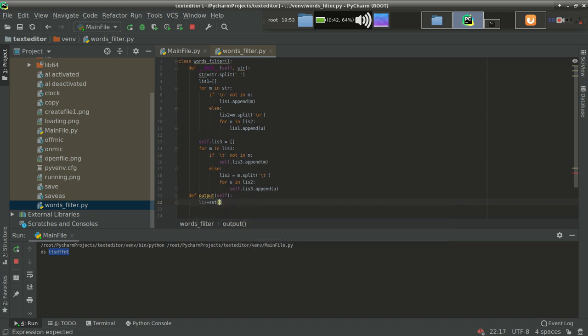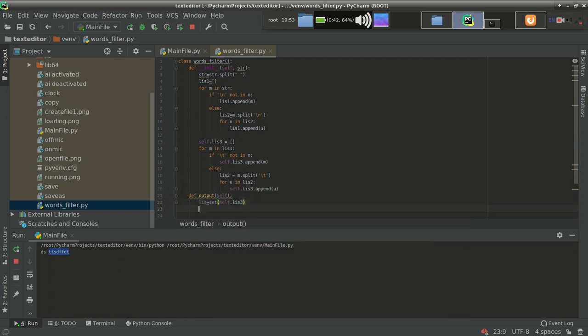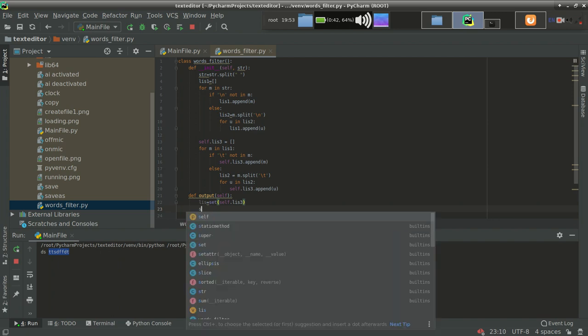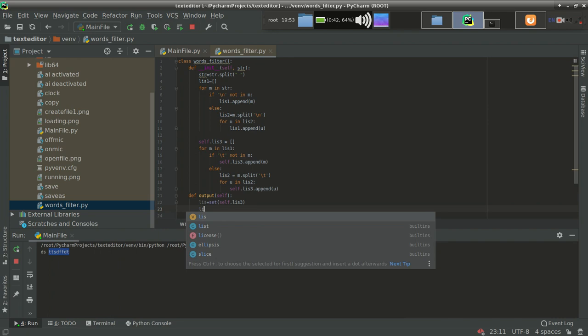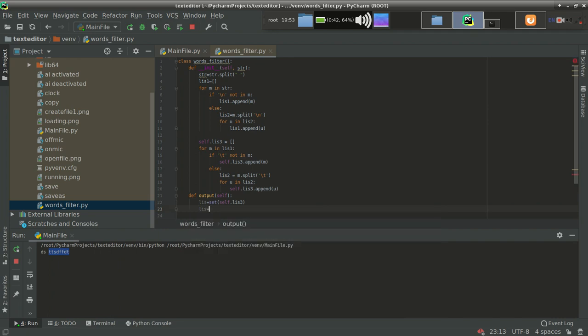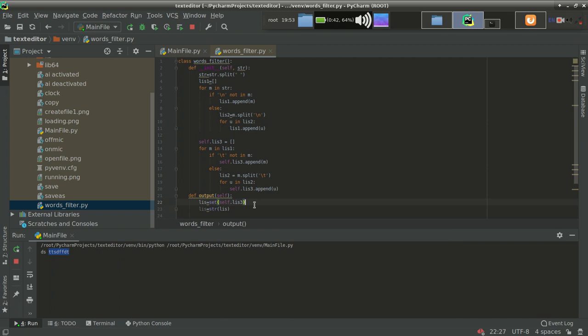So that's why I'm using set, self dot list 3. Fine, now the list is a set. Now again convert it, because I actually want a string only, str of the list. So I am getting the string version of this list again.